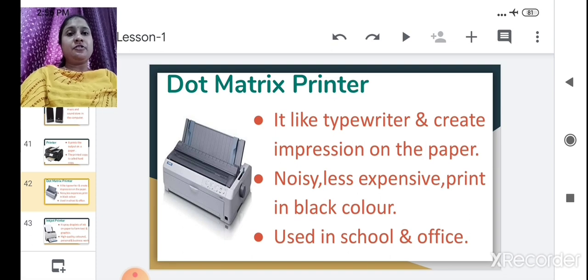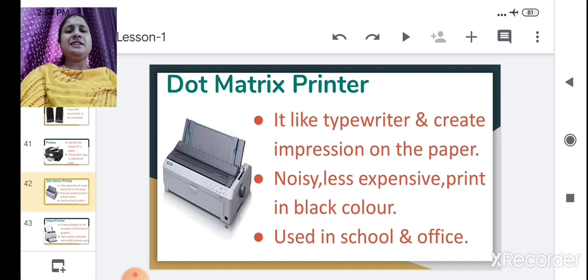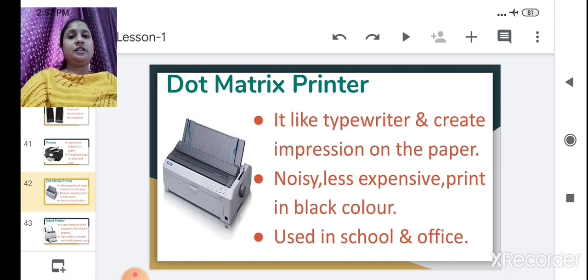It creates an impression on the paper like black dots, but it is very noisy. It is less expensive, but it always prints in black color. No other color is used in a dot matrix printer. That's why it is like a typewriter and mostly used in schools and offices. Got it? That is the dot matrix printer.